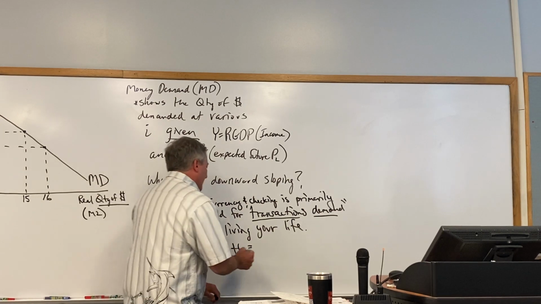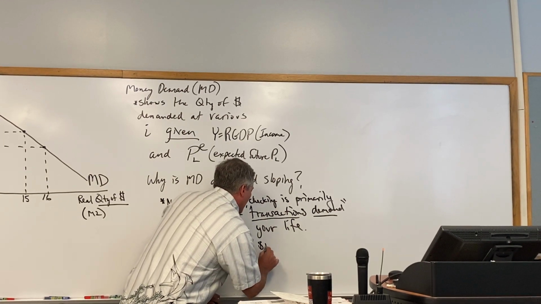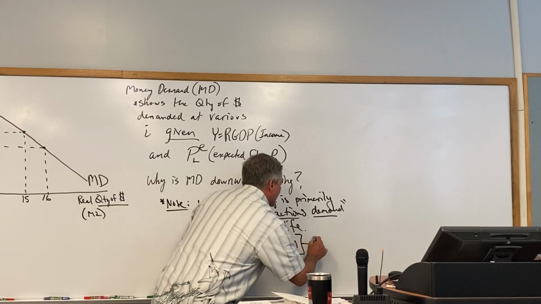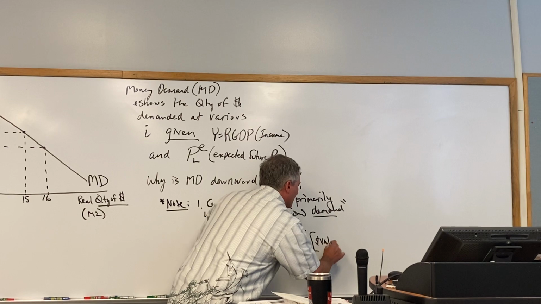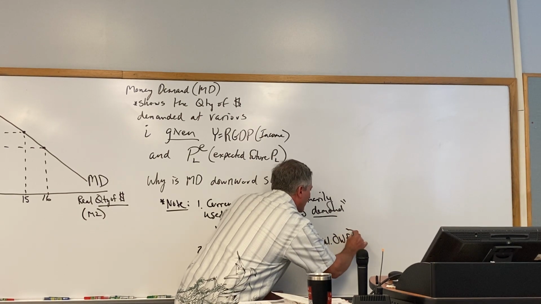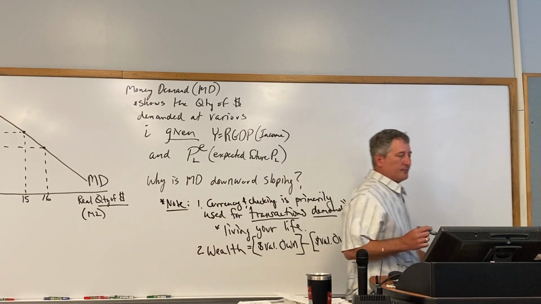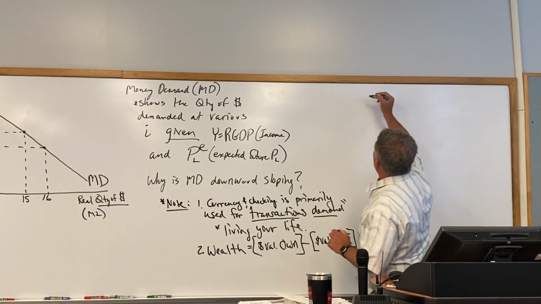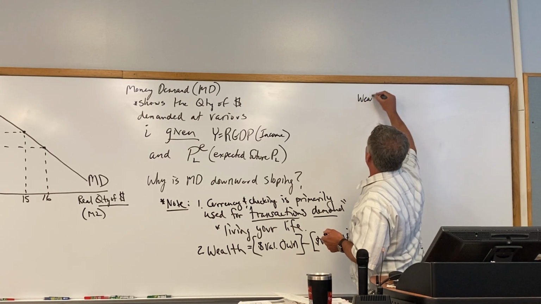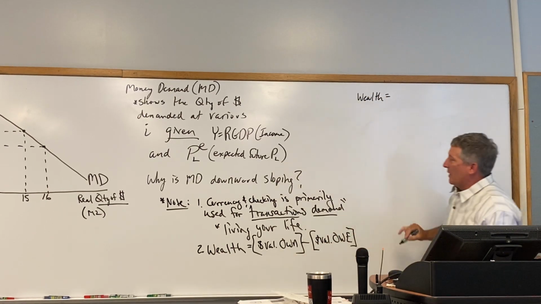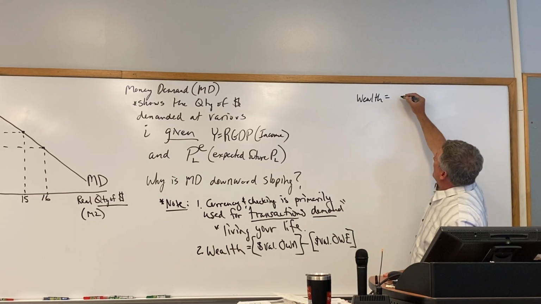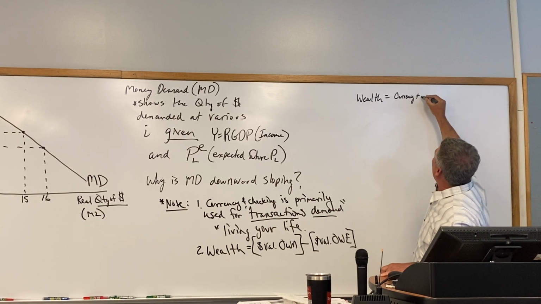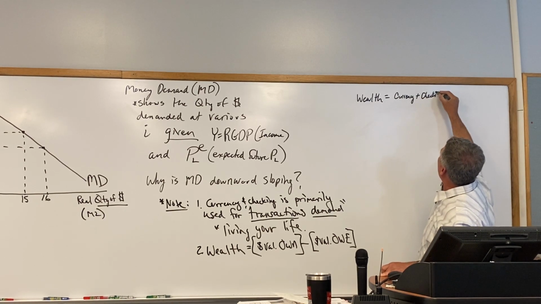Good. So wealth is what you own, the dollar value of what you own, minus the dollar value of your debts or what you owe. What you own minus what you owe. I'll start writing up here. And so now I want to be slightly more sophisticated here, just for this point anyway. Your wealth, what you own, could be your currency in your hand, plus your checking account balance,